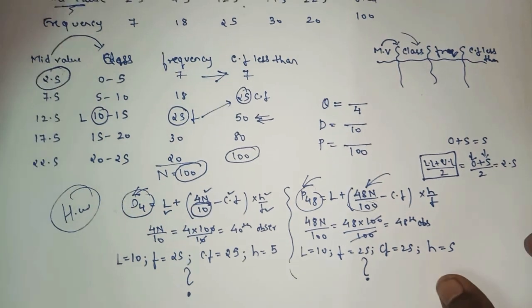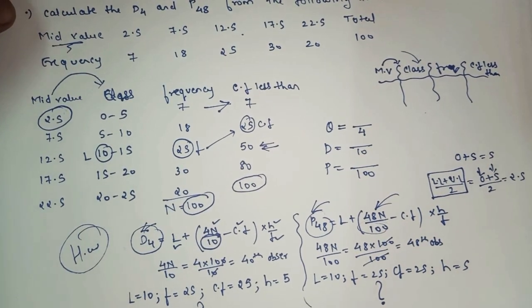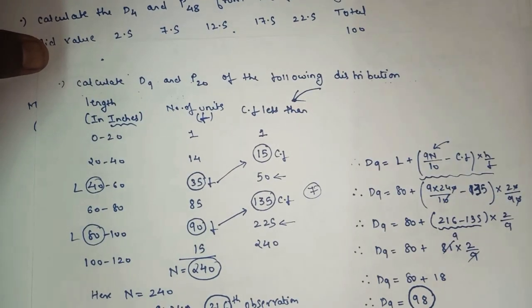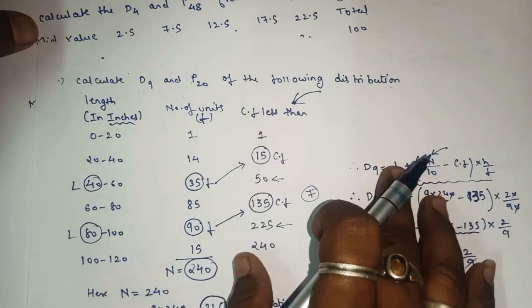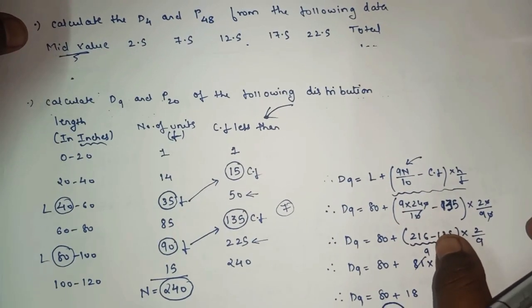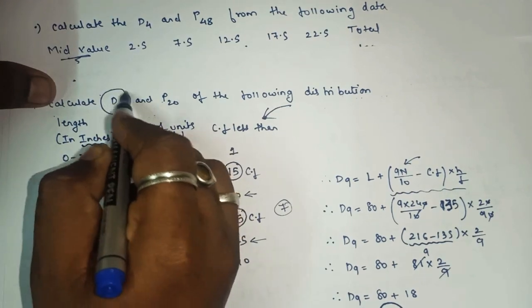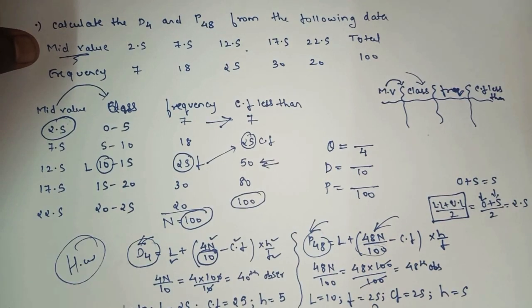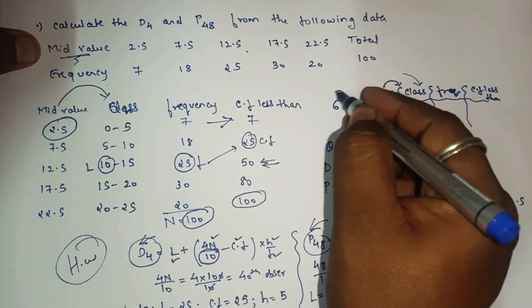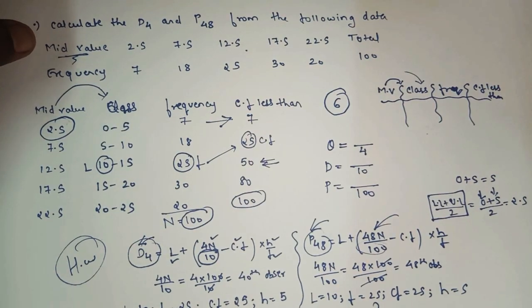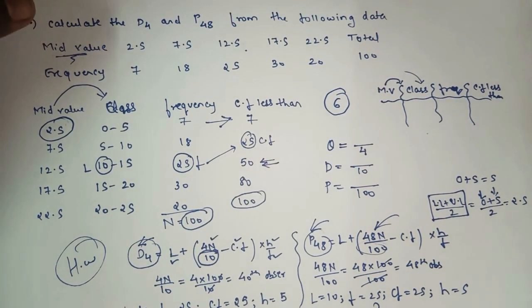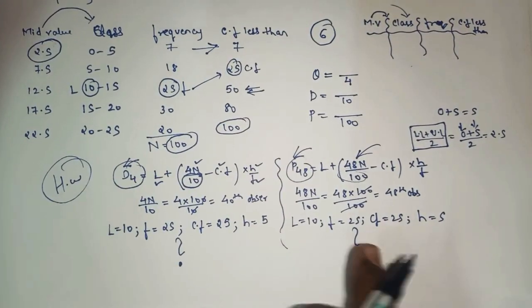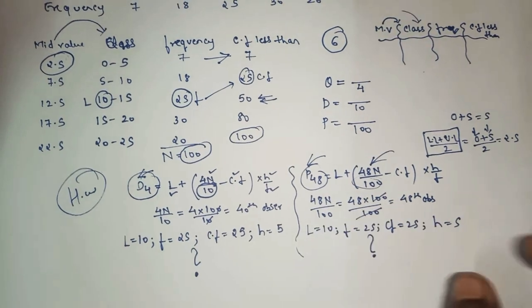I hope you all understood both the sums, yes or no? We took one sum where we already had the value of the proper class, frequency and cumulative frequency, and there we had to find the value of D9 and P20, and here the sum was a little different. The same sum is there in the exercise, and this is question number 6 from exercise 1.2, and this was question number 7. Okay, please try the remaining part by yourself. Take this sum as homework.